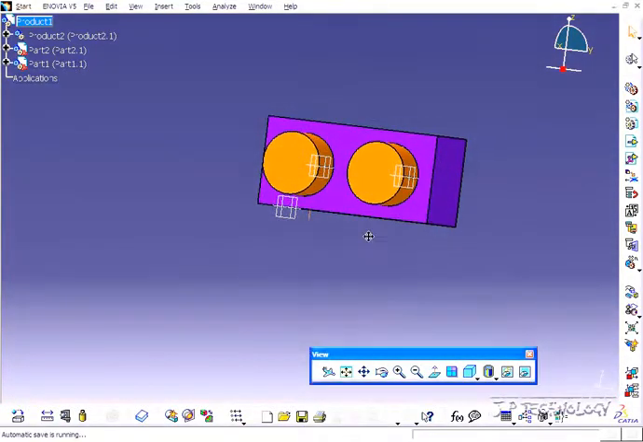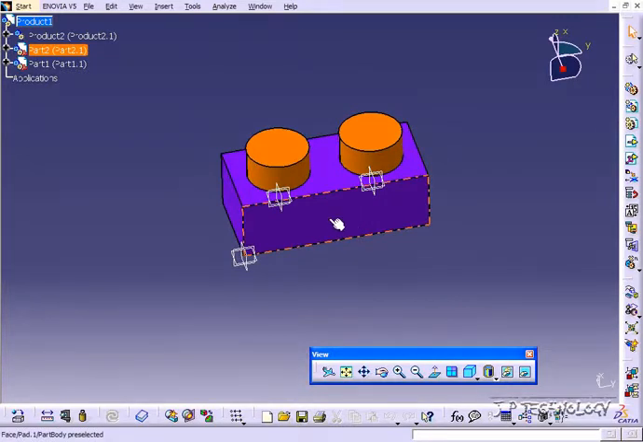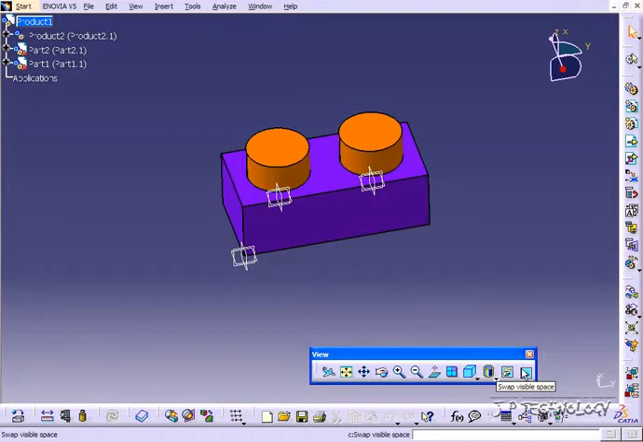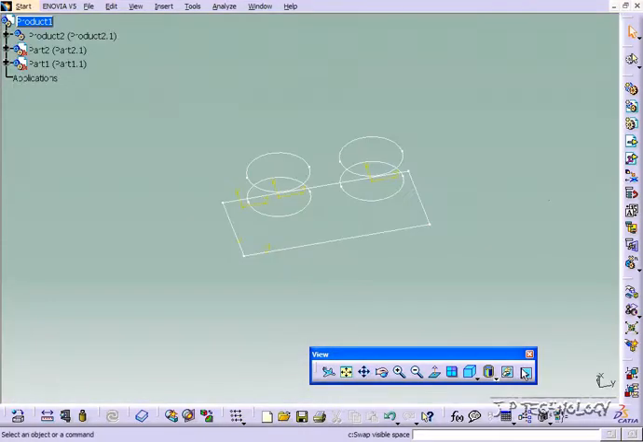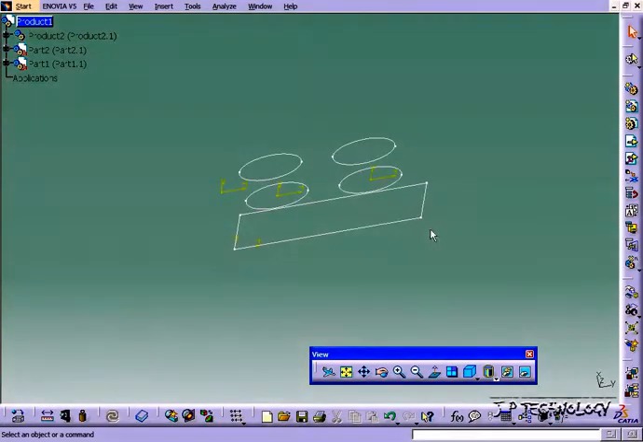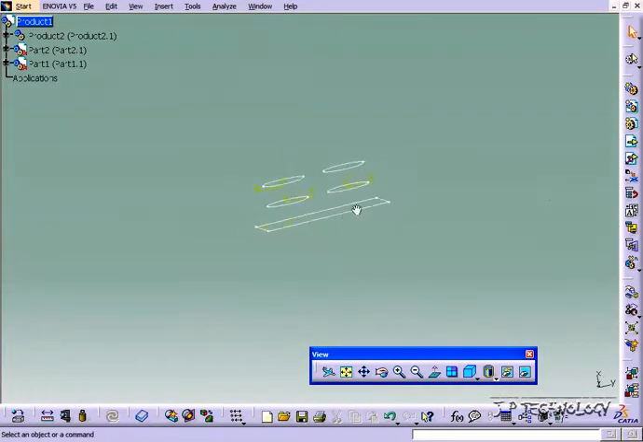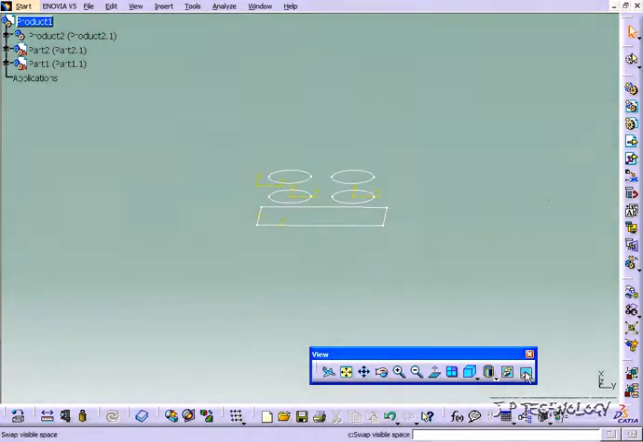Now, in the last one we were hiding some of the components, but really, where are those components going? And where that is in the other space. So if you click swap visible space, you get another space that shows what is not shown in the other space. So everything that is hidden, so you might find sketches, work planes and whatnot, and it'll